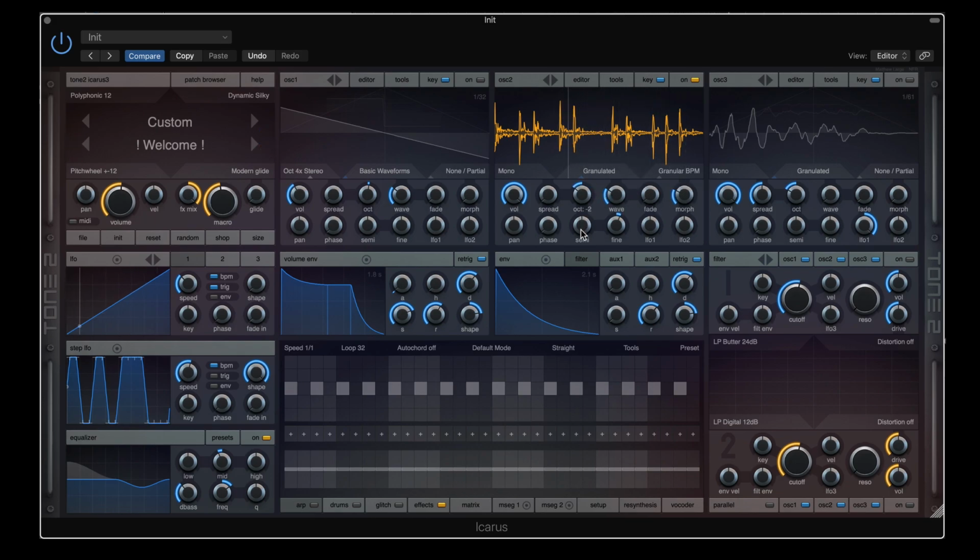And basically, the larger the grains are, the more you'll hear the kind of pitching artifacts. So I can whack this up like three octaves, and it'll just run through really quickly. We won't just get a repetition of a few grains here and there. We'll get it trying to run through the whole thing. But then the smaller the grains are,